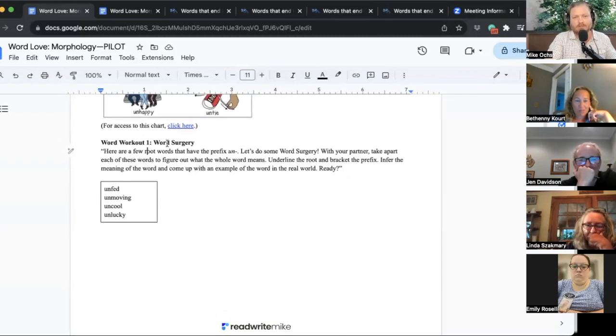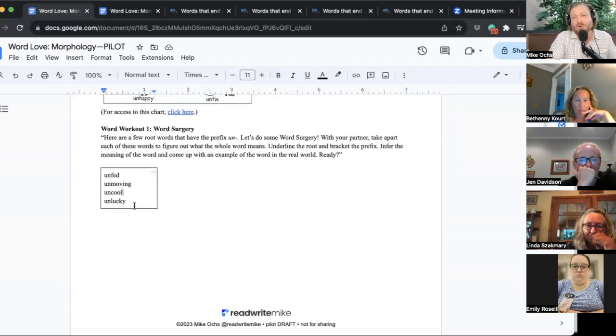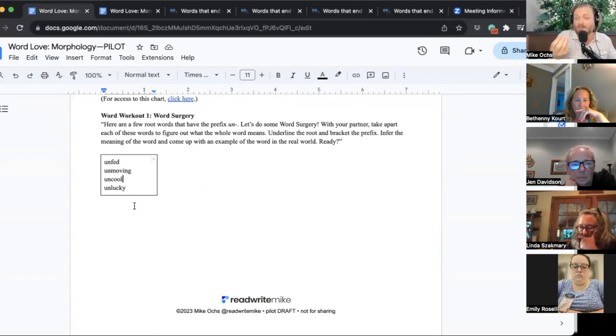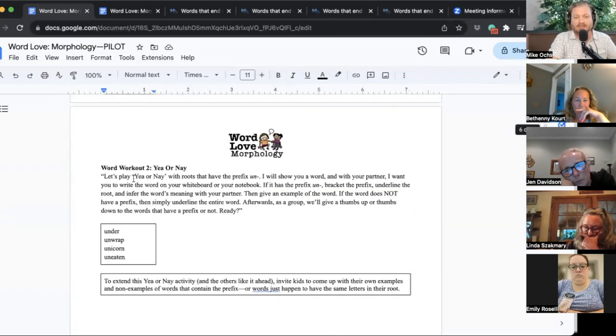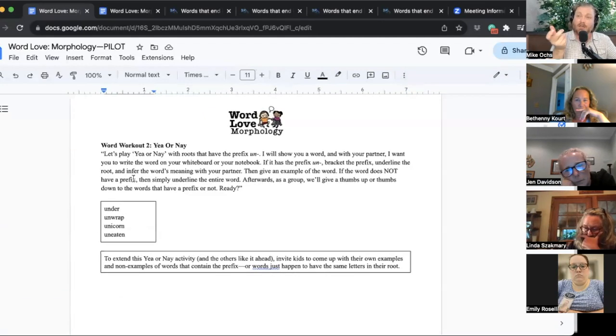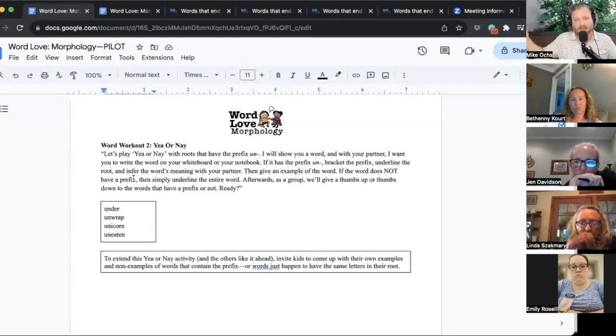Then we do some more, what I'm calling word surgery. Let's take these words apart and put them back together. There is a question of how kids will do this, because I do think some of this needs to be some writing, right? So whether it's on a whiteboard or some sort of notebook, I leave that up to you. The reason for that is I found through some of these activities that kids aren't able to eyeball breaking apart words. Some kids can, and maybe some older kids, if you have 5th graders, they might be able to look at a word and eyeball it, but I certainly know working with third graders that they can't just eyeball words.